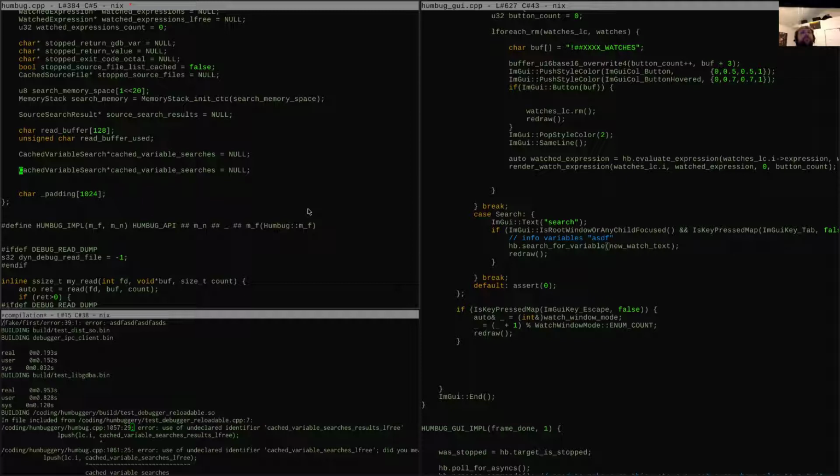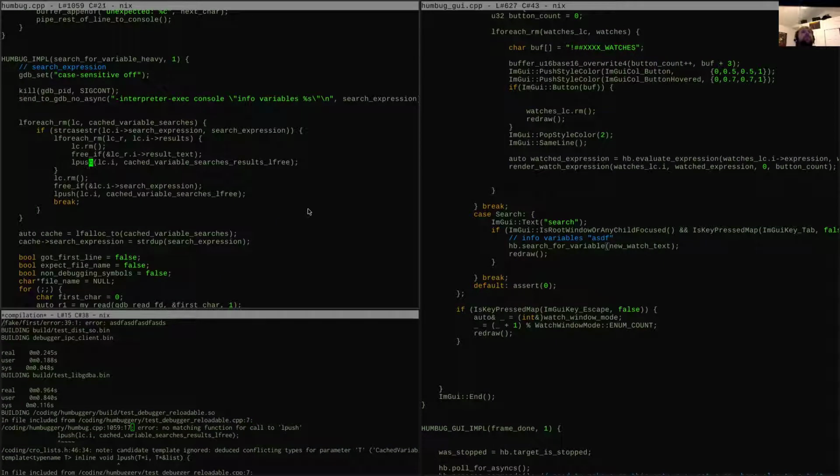Oh, search results. Cached variable searches results. L free. Right. Yep.